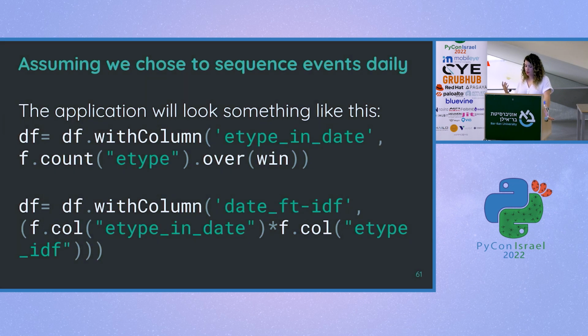And then we count those events, creating how many events we have in that specific date. And then we create the TF-IDF, the weight for that specific day. The TF-IDF is relative to the size of our corpus: how many documents, how many days we take into account, how many events we take into account, what is our data set.